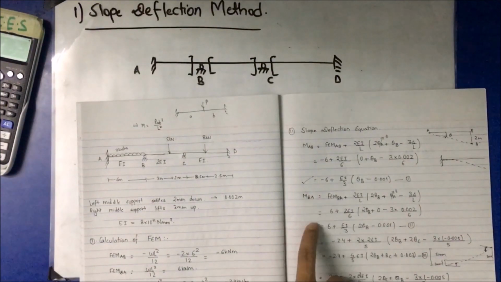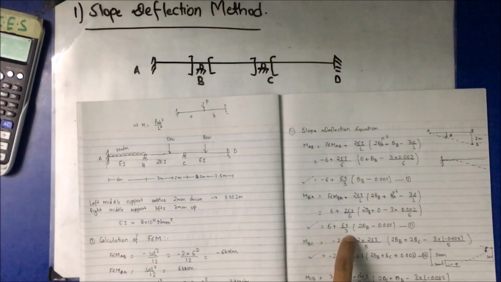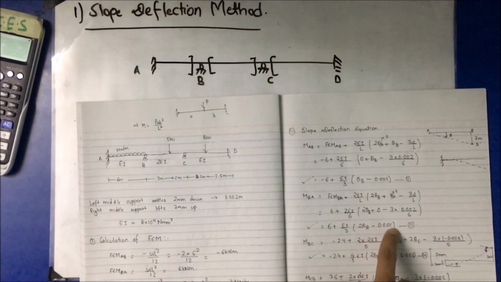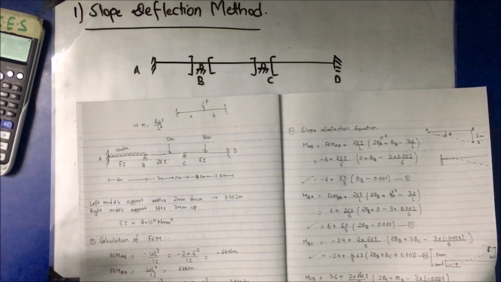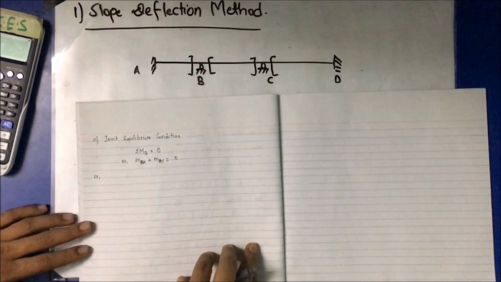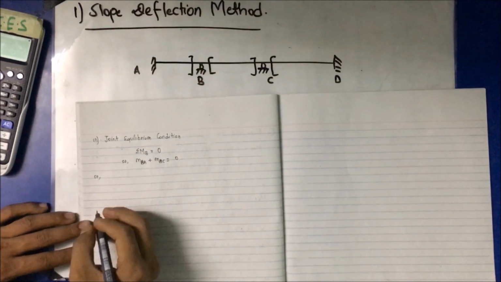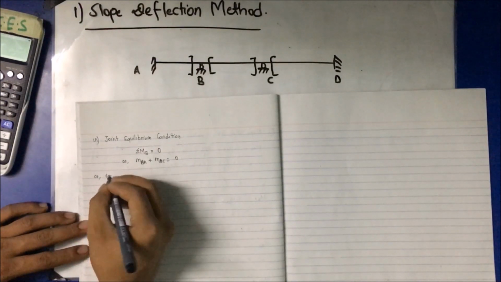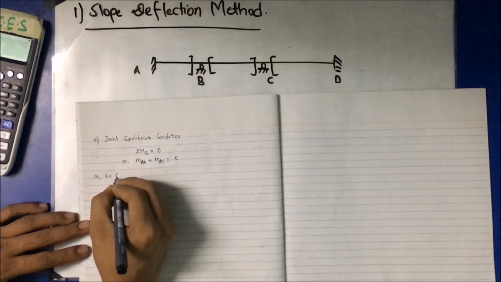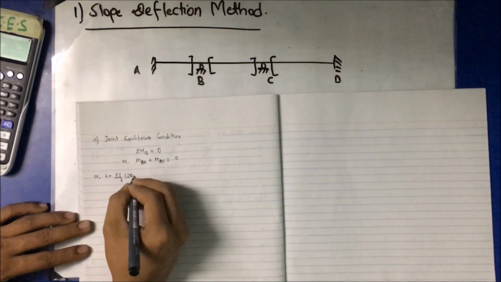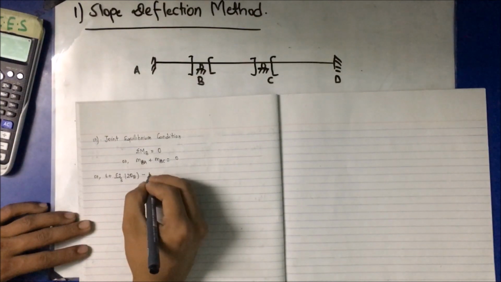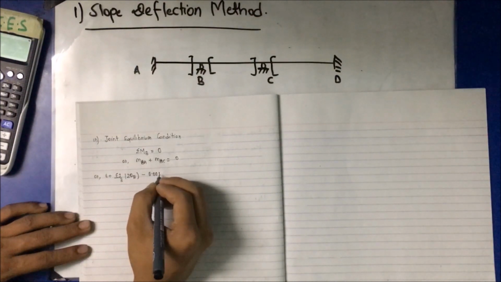So MBA, that is 6 plus EI by 3, 2 theta B minus 0.001, and MBC being minus 2.4 plus 4 by 5 EI, 2 theta B plus theta C plus 0.003. So 6 plus 2 EI by 3, 2 theta B minus 0.001